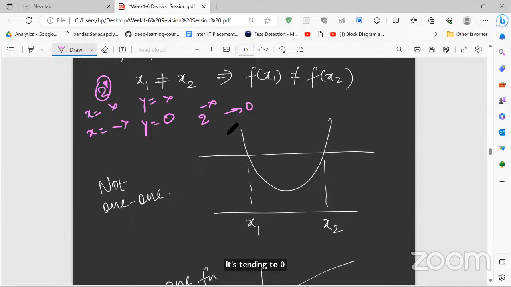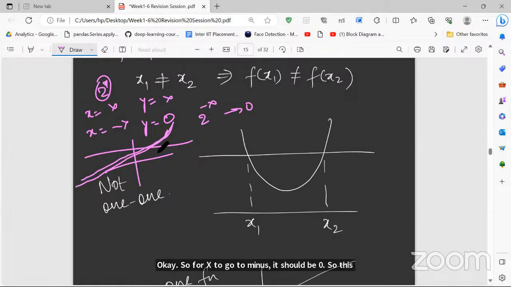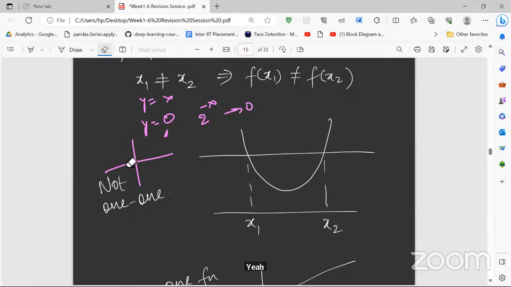Yes, correct. So for x equals infinity, it is infinity. You don't have any root because you already know that 2 to the power x, any exponential value, does not cut the x-axis. So for x equals minus infinity, it should be 0. So this will be something like this. And you can see that this is satisfying your horizontal test. If this is satisfying, that means the 1-1 function, you can invert it. And this is how you get the log function, right? From here.